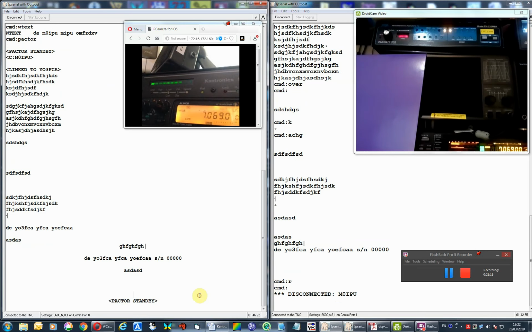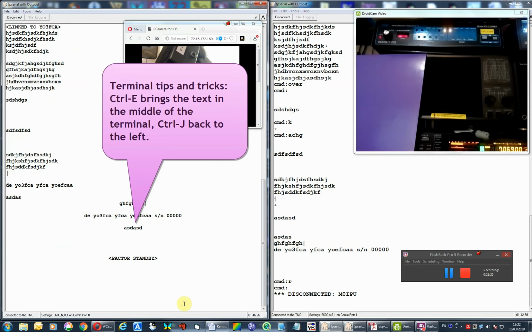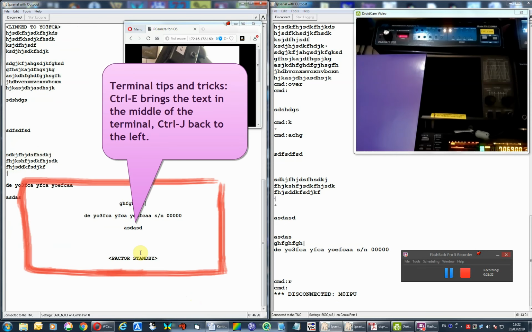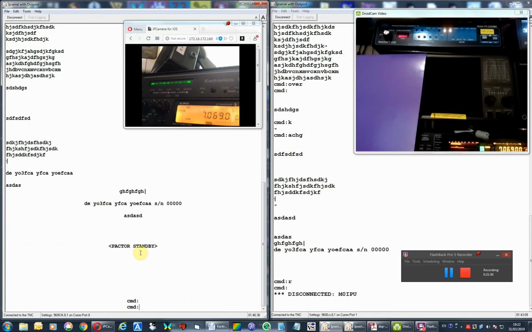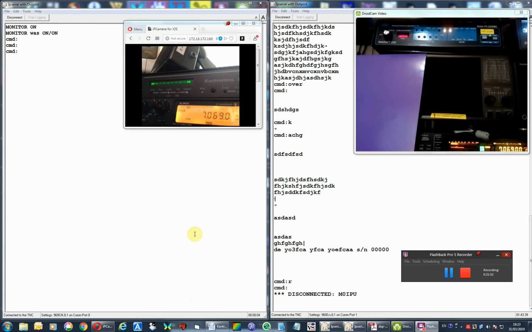So I'm in Pactor standby here. I'm not sure what's happened to the inside terminal. The text has gone to the mid. Let me quickly sort it out. One second. Okay, all sorted. Now, if I want to initiate a connection from the KAM-XL over to PK232,